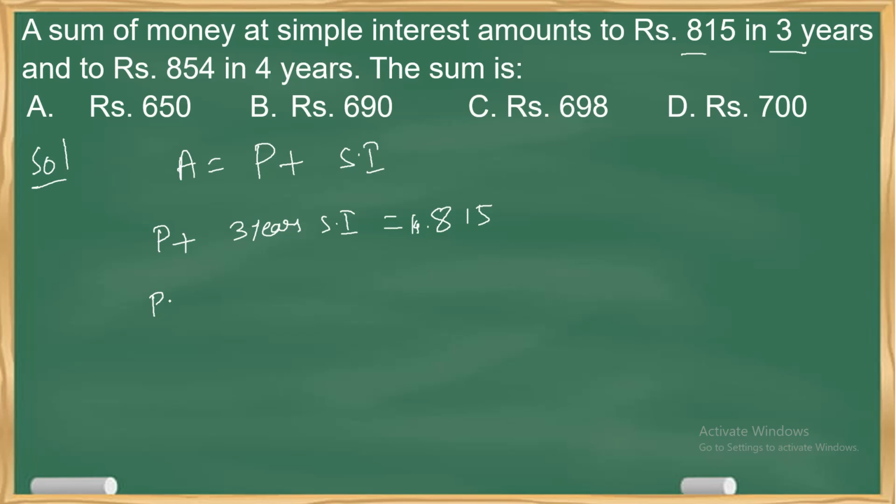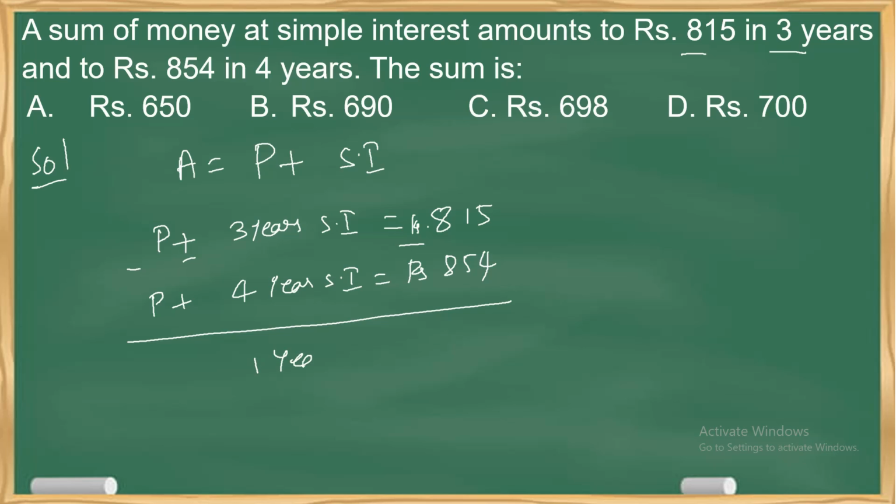Next, P plus 4 years of simple interest is equal to 854 rupees. Now take the difference, minus, minus and minus. So 1 year